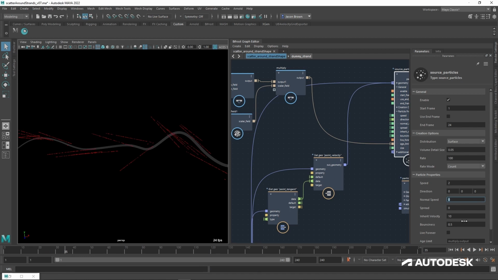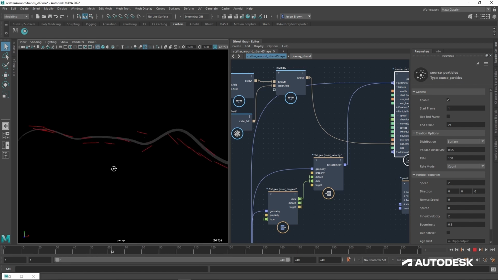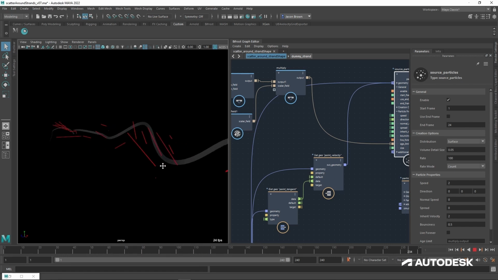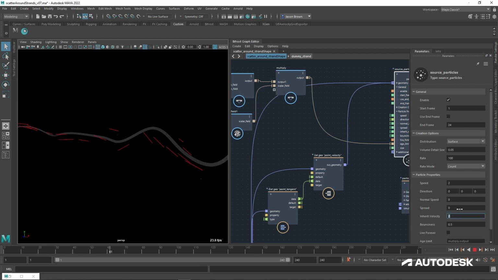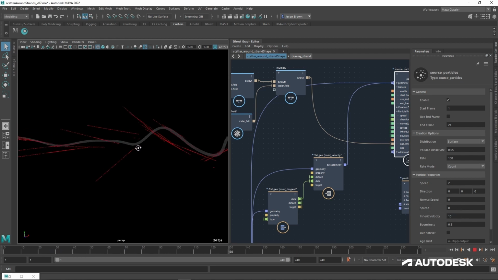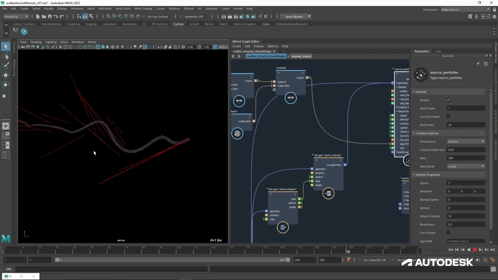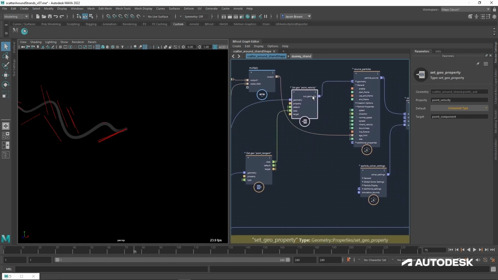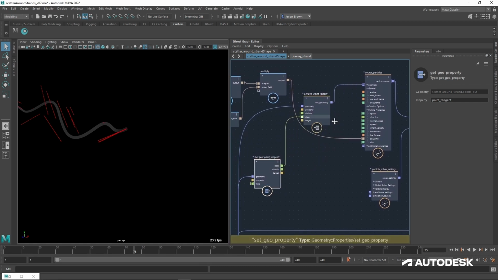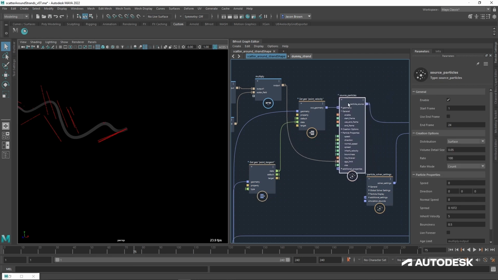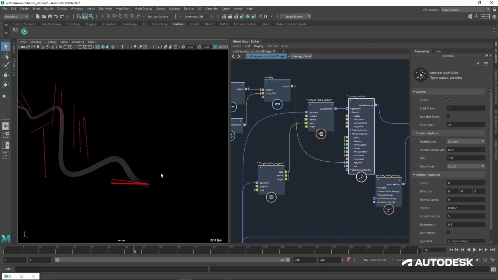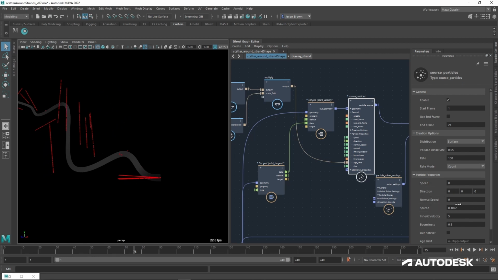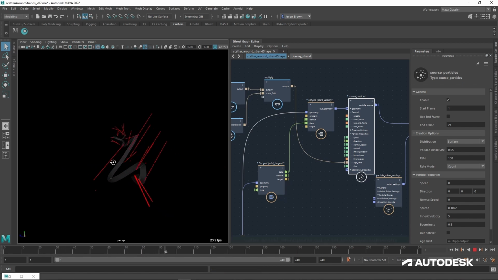And now, let's take that down a bit so you can see them. You see that they're moving along the strand because I've taken the tangents and turned them into the velocity setting for the particles. This is exaggerating them just a little bit. Okay, so what's happening here is it's turning the tangents into a velocity for me, which I'm just plugging in. And if we have a look here, I've got my speed and my normal speed set to 0. So now the particles are emitting along the tangents